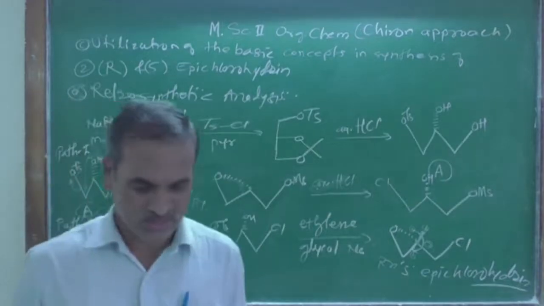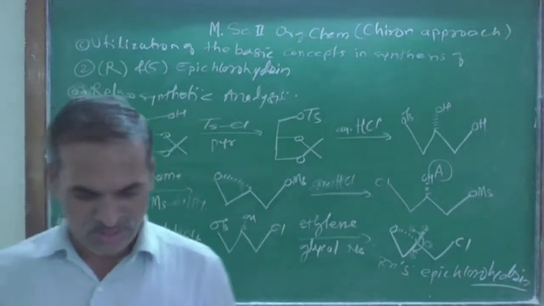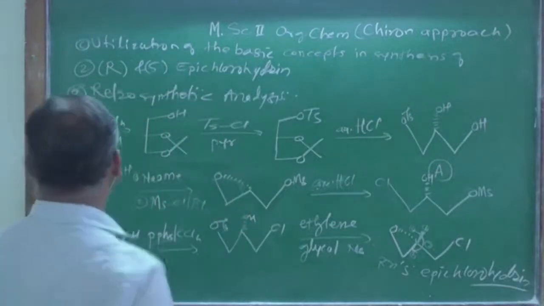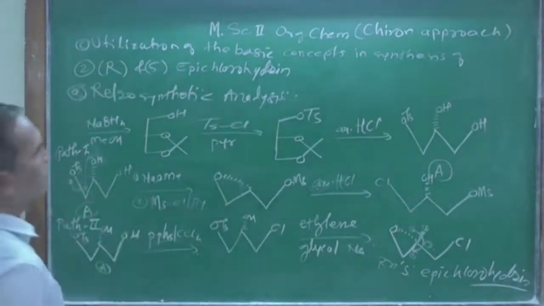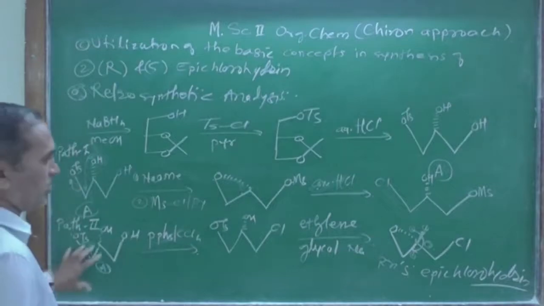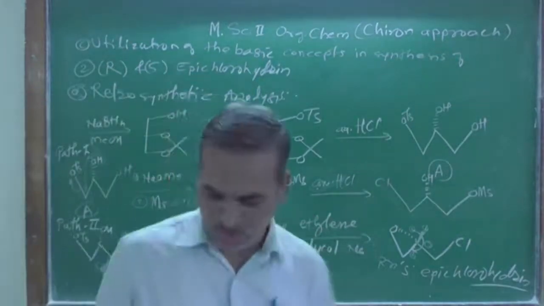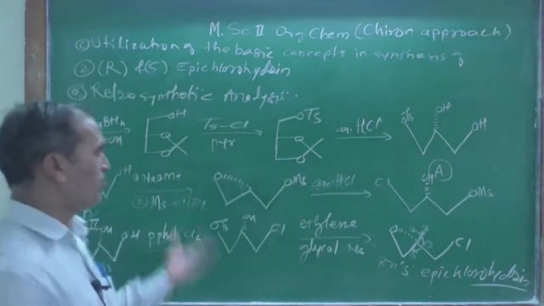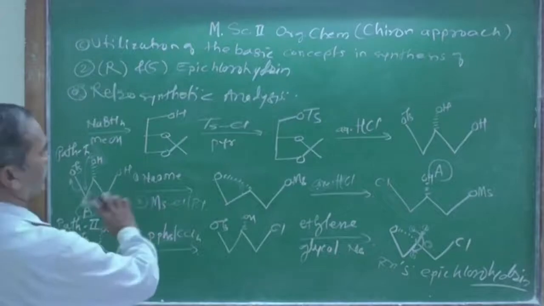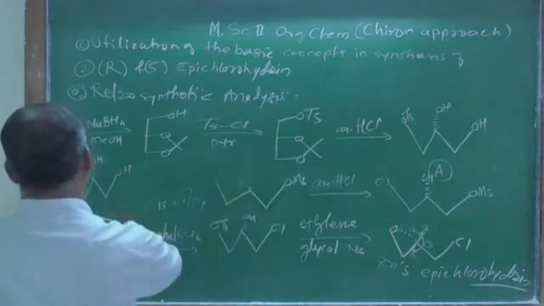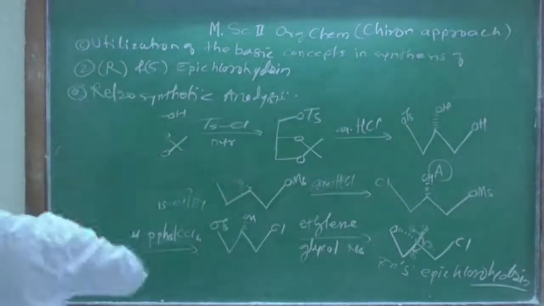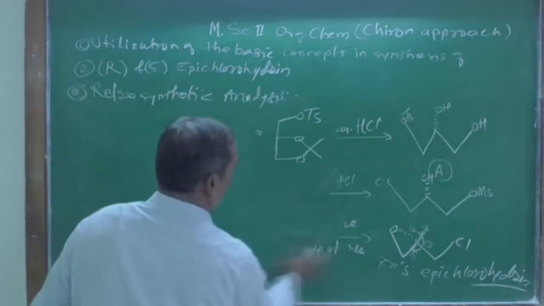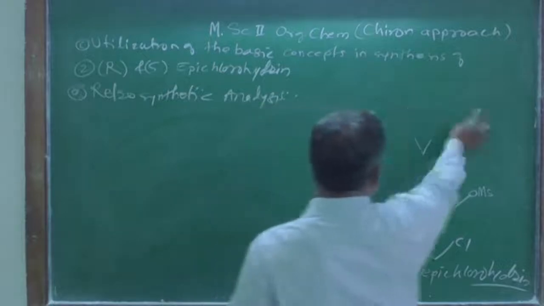This is the synthesis of this compound, right? So in this way we have seen how this molecule, the second molecule, there are two pathways, path 1 and path 2, how we are getting this compound we have seen just now. Now let us look at the mechanism of path A and path B, or let us see the mechanism now here. Right? What is going to happen in the mechanism?